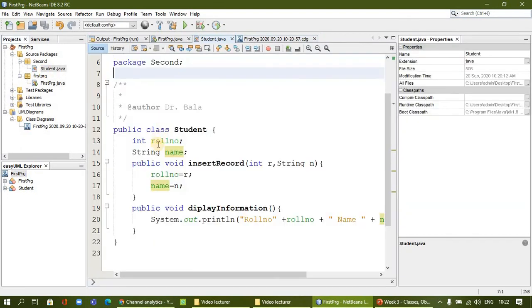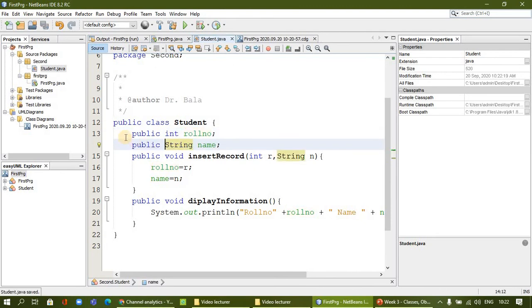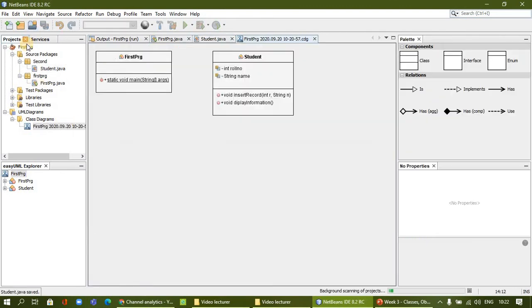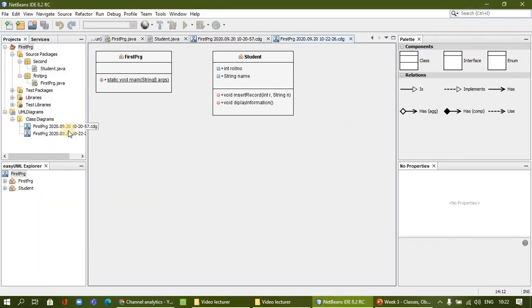I will go to the student and declare the public variable. The same way I will copy and paste to the other variable too. Now I am going to save it. You cannot see the change immediately here. Once again we have to create the UML diagram and say create, and it is going to be created separately. And this is the second one. Now you can see there is a plus sign here. If you want, you can save it. You can keep it, and you will find the other components and the relations in the palette here, on the right side.